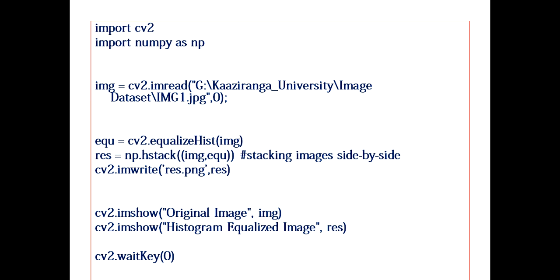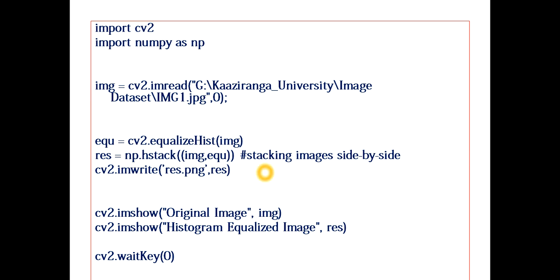So this will be the code for the overall task. You can take a screenshot of this. I'm going to explain it line by line. Import cv2 for OpenCV, import numpy as np. Then, in this case, I'm going to use equalizeHist directly, so that will be easier than the first one I showed you.